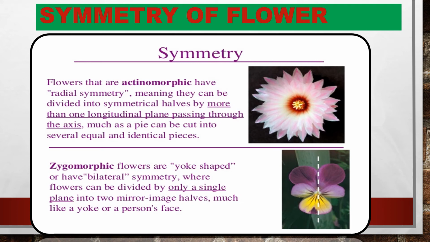Usually, flowers belonging to the Fabaceae family are zygomorphic. Means it could not be split into two equal halves. Examples of Fabaceae flowers include pea flowers. So the two major types of symmetry include actinomorphic flowers and zygomorphic flowers. An example of actinomorphic flowers is given here. It belongs to Nymphaea, or Nymphaea alba is an example, and the zygomorphic flower example is the pea flower.